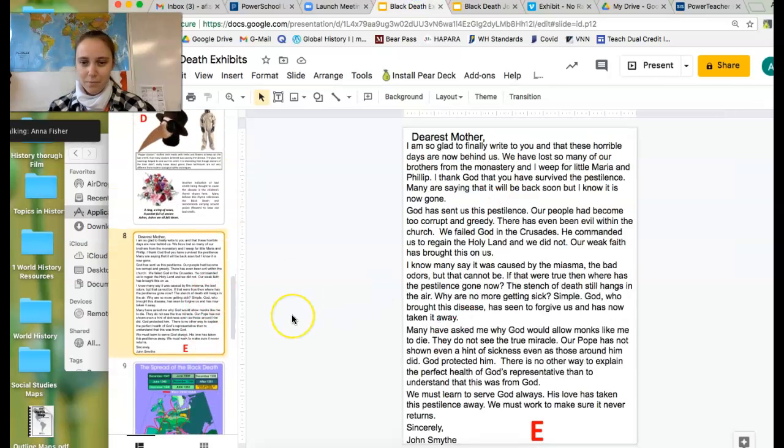So, E here is a letter from a monk to his mother. As we talked about Monday and Wednesday, most people during the Dark Ages are illiterate. However, monks aren't. And towards the end of the Dark Ages, which is where we are with the plague, more and more people can read. But definitely a monk can, and apparently in this instance, so can his mother. So he writes this letter to his mother.